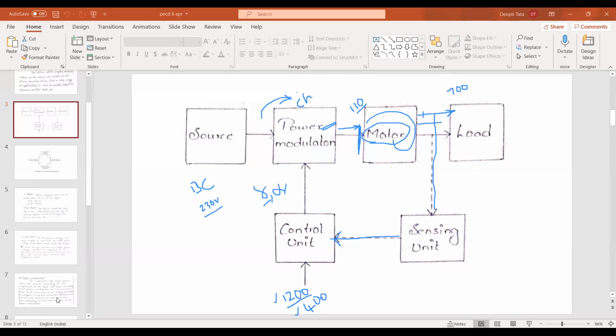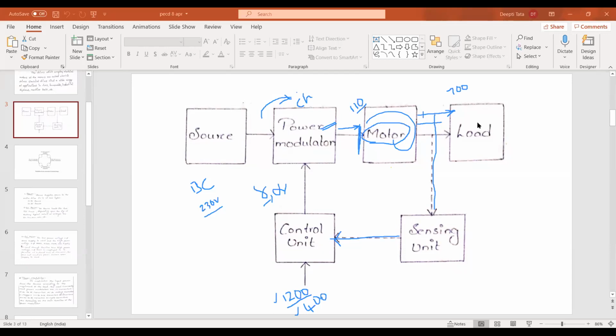Okay. And first of all, you have to be very familiar with the working of all these blocks. Just listen. Once again, I am repeating. Source means you have to explain the different types of sources. What are the ranges? In which conditions can you use the DC source? In which conditions can you use the AC source? Next one is the power modulator. For which purpose do you have to use a power modulator? Power modulator is nothing but a power converter. So you are going to convert the input power according to the power required by the motor. And for this motor, the drive is going to be operated.